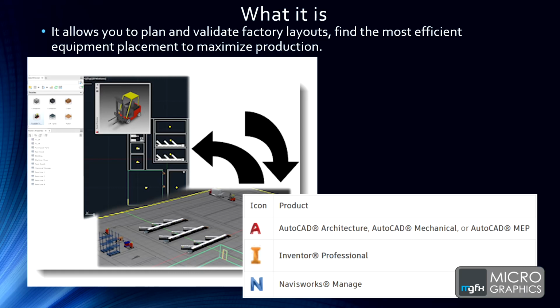So what is factory? Factory generally is what clips into Inventor. It's one of the add-ons for Inventor, per se, and that's what most people always think about. But what it does is it allows us to plan our factories out. We can not only figure out how things are going to be lying, but we can see if there's going to be any clashes, what the most efficient routings for equipment are, and we can get a